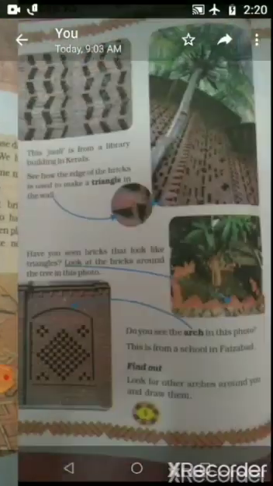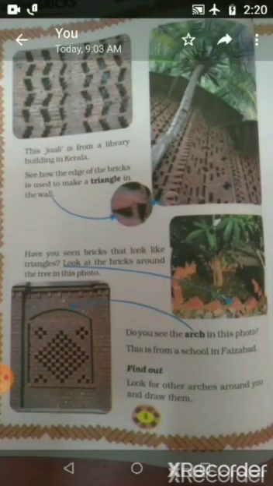Now I'll tell you about the arranging of bricks when in some place we won't keep the brick, we'll leave the space.